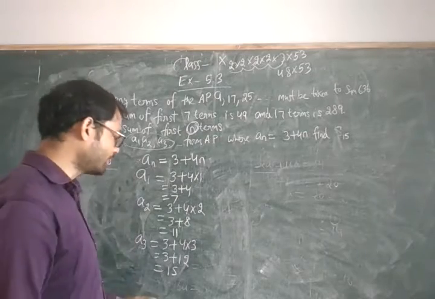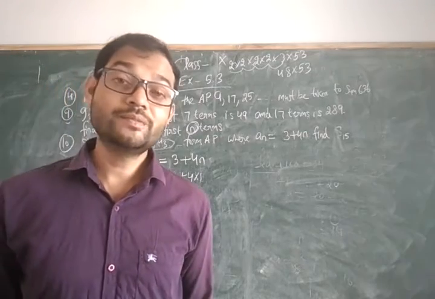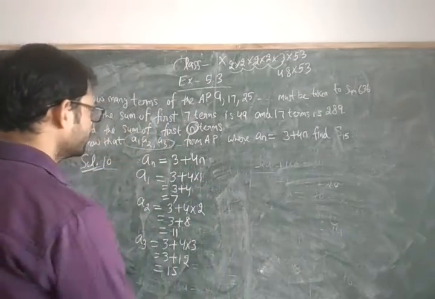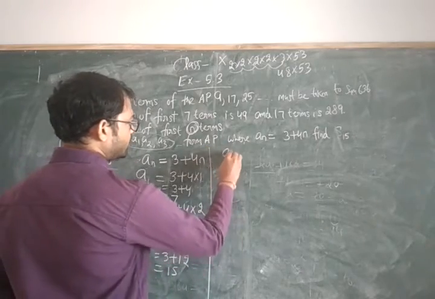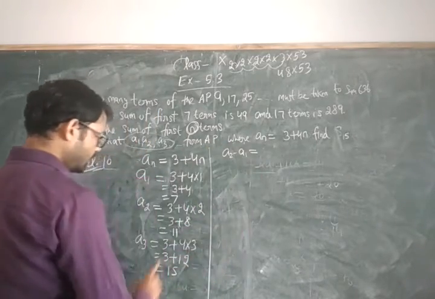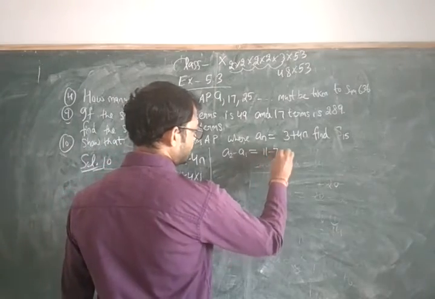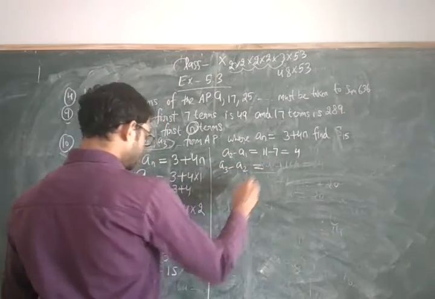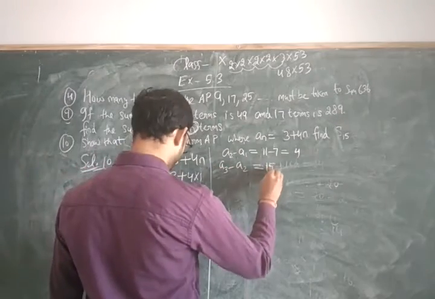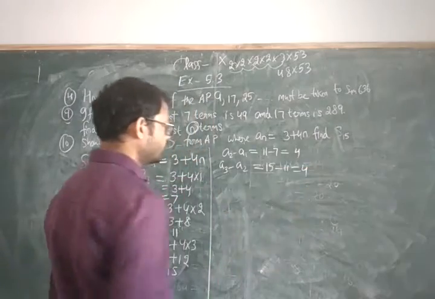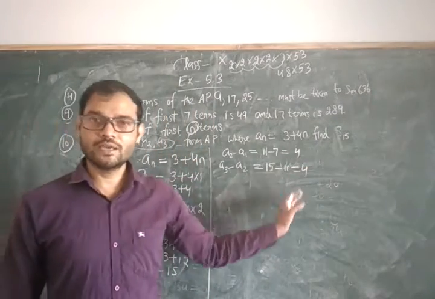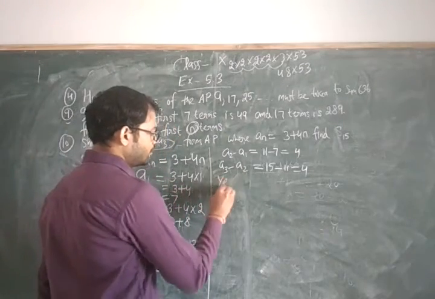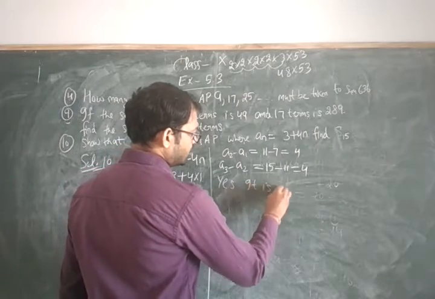or not. So for that one, checking the AP, we did it in exercise 5.1. So according to that we will check first A2 minus A1, and that is 11 minus 7 become 4. In the same way A3 minus A2, A3 is your 15 minus 11 become again 4. So you can see that we have the same common difference, it means it is our AP. So you can write here yes it is AP.